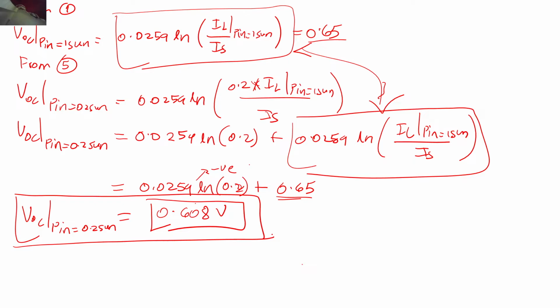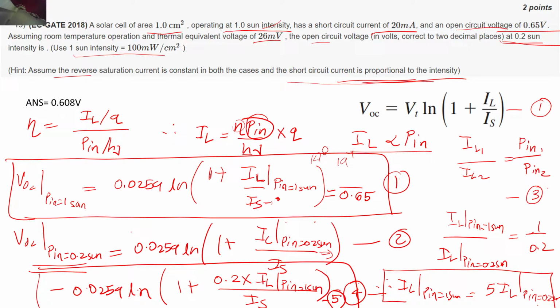I hope the question was clear. If you guys have any doubts, then please ask me, or else we will move ahead. The only approximation that I had made over here is that I have ignored the 1 over here. And if you have any doubts, then go to one of my previous questions that I had solved and just look at the magnitude of IL and IS over here.